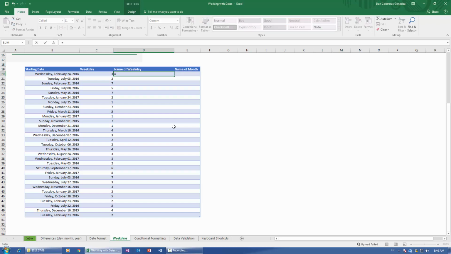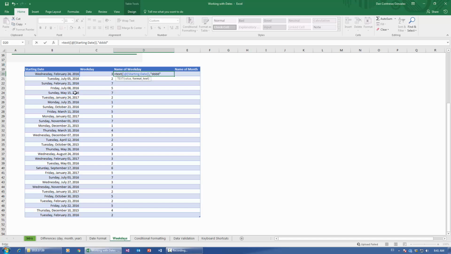Now check it out. This formula is going to be, if you learn absolutely nothing from this video, just learn this formula. It's incredible, it's amazing, it's the most useful thing in Excel ever. It's the text formula, alright? Now text, it actually converts elements of date into text, right? Now, it's asking us for a value. We're going to choose the date and to format the text, and I'm going to tell it DDDD between semicolons,